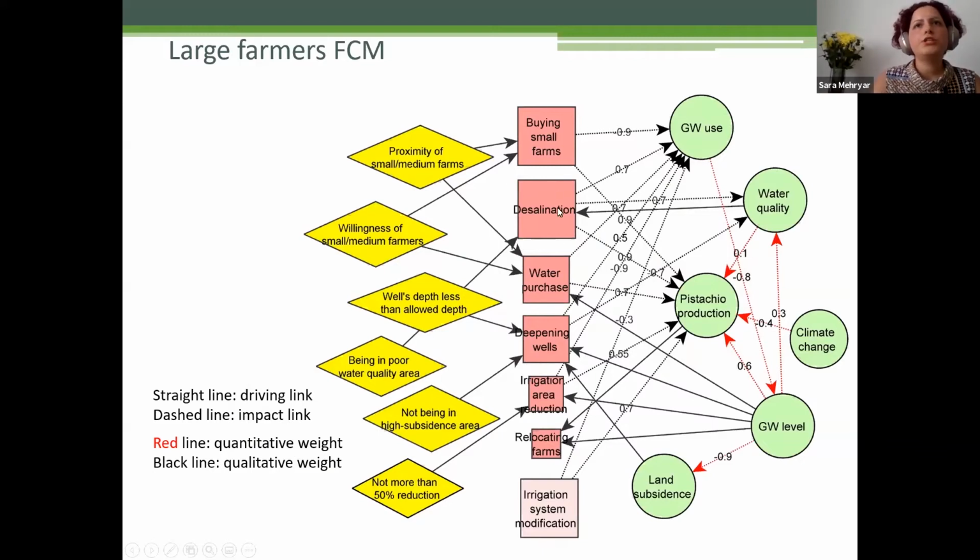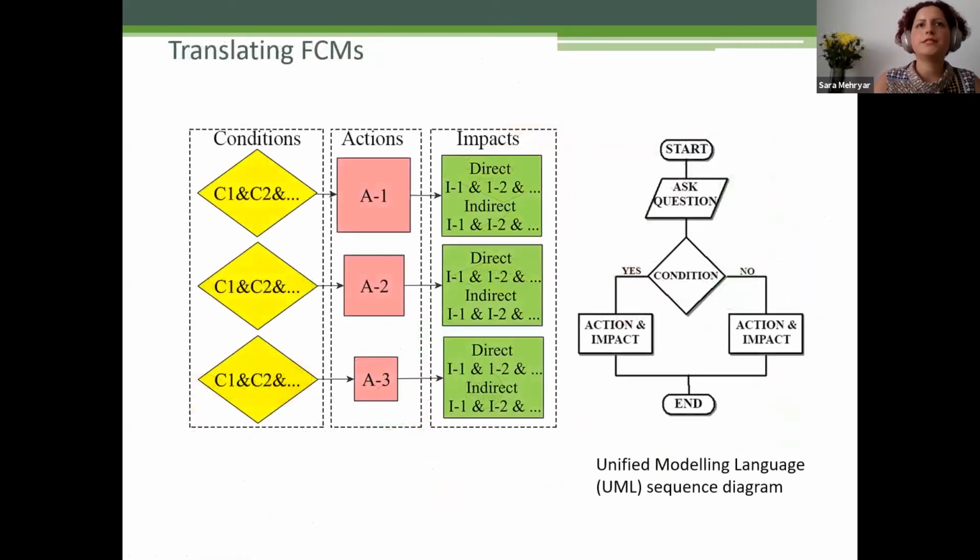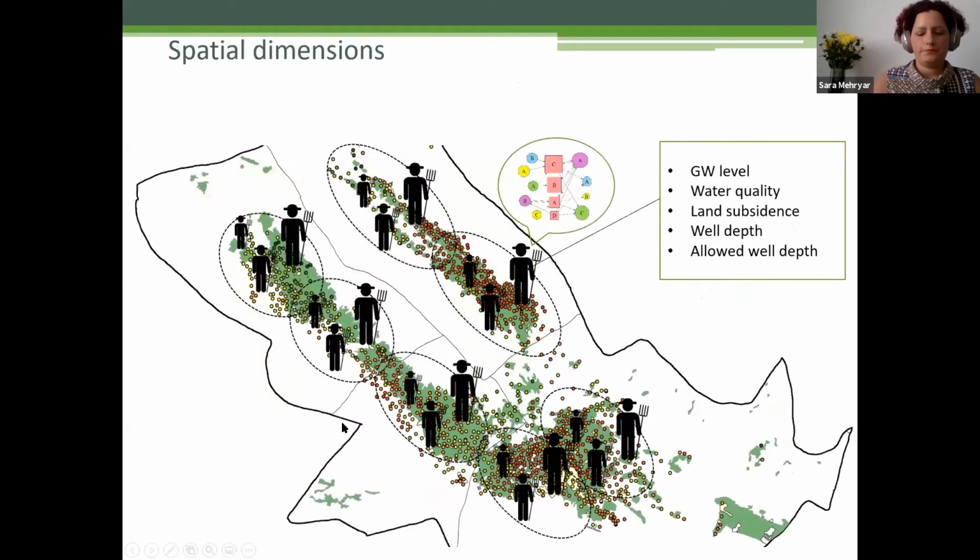For each of these actions, there are a set of conditions, and there are a set of impacts on their pistachio production, water quality, groundwater use, etc., based on the perception and experiences of farmers on their farms. And we have the same map for the medium farmers and the small farmers. We developed